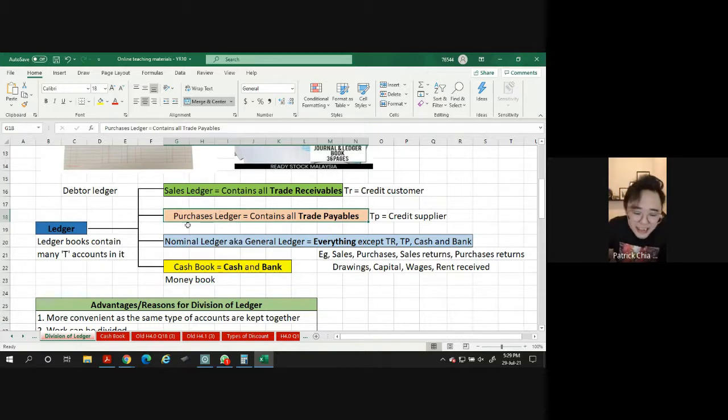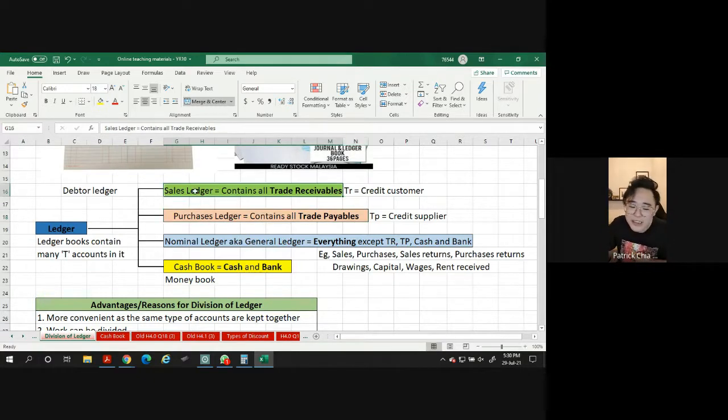Surprisingly, inside the purchases ledger, there's no purchases account. The name here, you see, they purposely make it very hard for you. But actually, last time things were not as hard. Last time it was really just called creditor ledger. Creditor is another word for trade payable. Can you imagine if you just used the old name? It's so much easier, not so confusing. So in the purchase ledger there's no purchases account. You cannot find that. What you can find is all the suppliers.